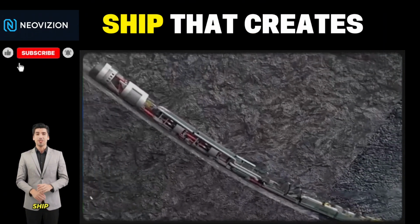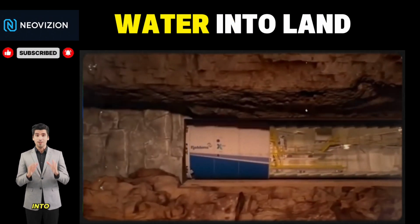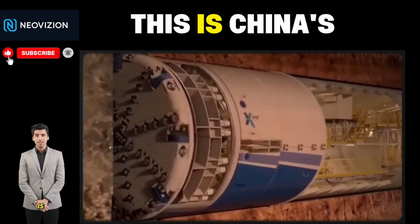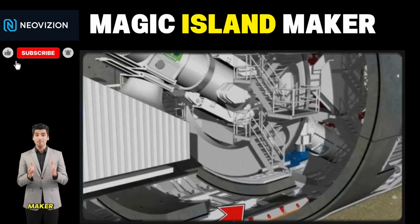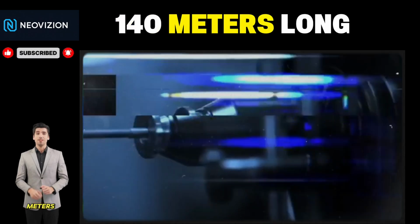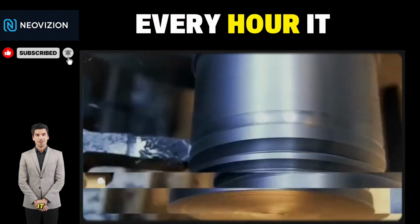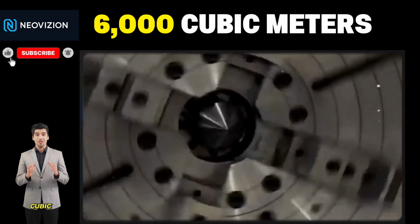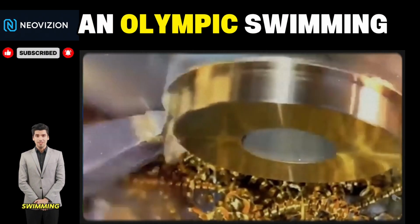Number 8, the ship that creates land from the sea. Imagine a machine that can turn water into land. This is China's Tiacan dredging ship, often called the Magic Island Maker. It's Asia's largest dredger, 140 meters long and 28 meters wide. Every hour, it can pull up 6,000 cubic meters of sand and rock, enough to fill an Olympic swimming pool